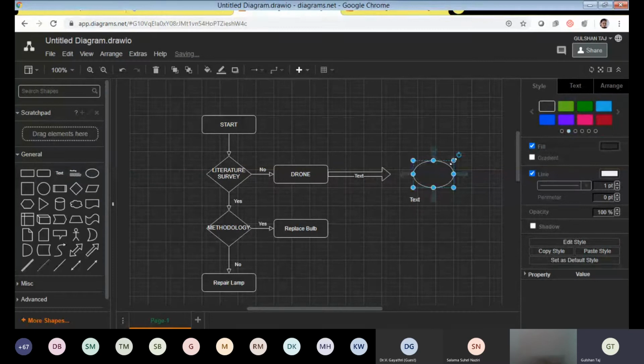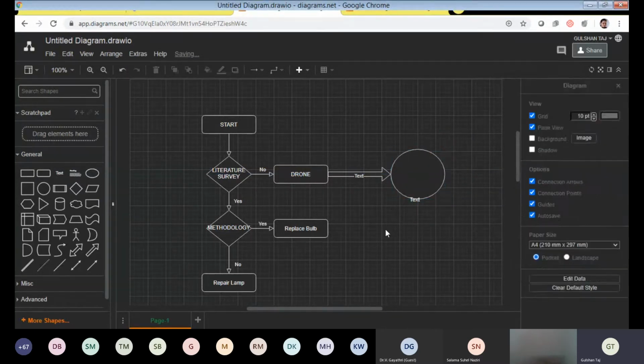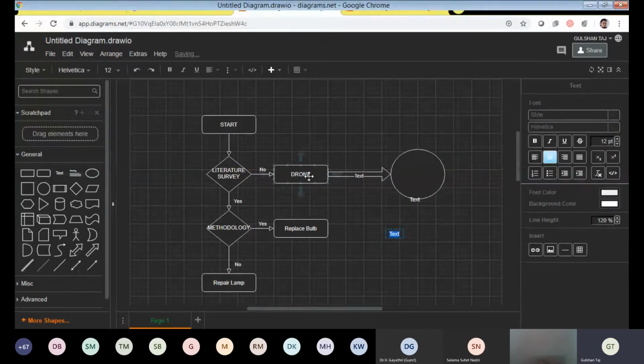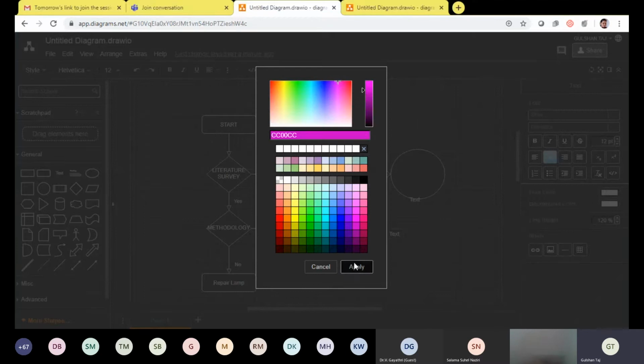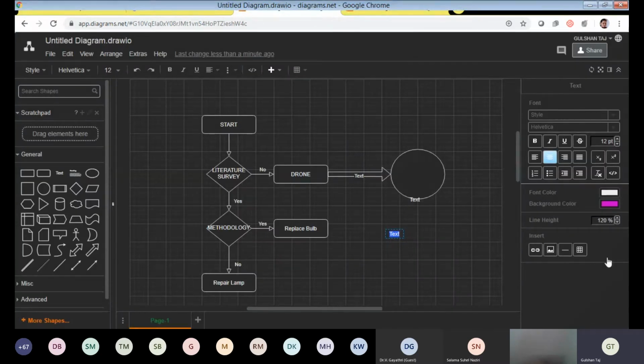Okay. So this is free software. I have not purchased this software. So people who want to go with the free option can do this. Whatever text is inside this, you can make it bold. Can you see the right side options? You can make it bold, italic, underline, superscript, subscript. Font color you can change. Background color you can change. I want to change the background color to the pink one. Something else. Go for background color and apply this color. Line height you can change. Can you see the text has been changed into pink color?